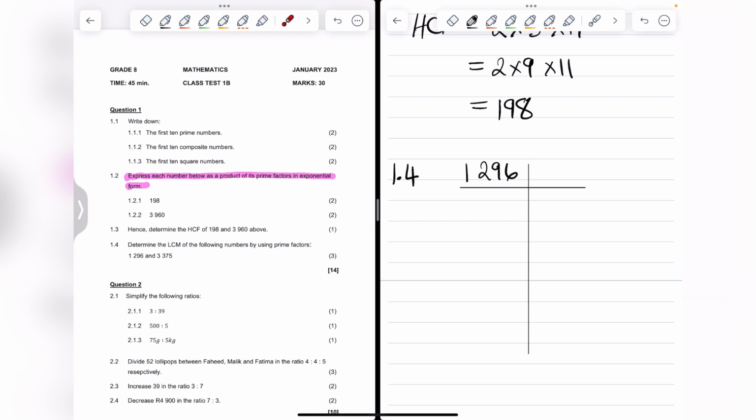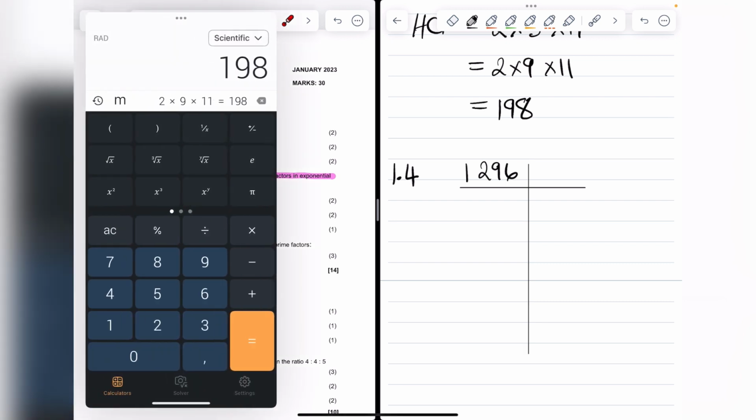And I'm going to start dividing my smallest prime numbers into that. So of course, the smallest prime number that can go into this is 2. So 1296 divided by 2 equals 648. So that's 648. And again, there it would be 2. So divide by 2 and I get 324. Divide by 2. So that's 2 and that would be 162. And again it would be 2,